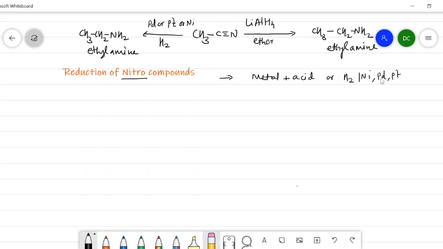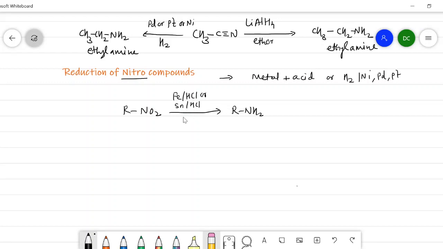This type of condition we have to use to reduce nitro compounds into the corresponding amines. So I will write here RNO2 is converted into RNH2 when it is treated with metal plus acid. Here the metal is Fe and the acid is HCl, or